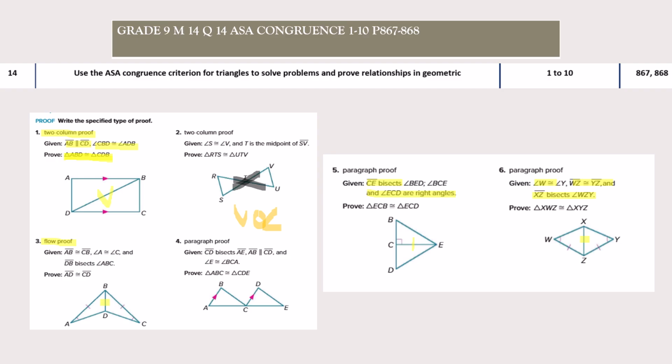Always look at what's given. This is a 90-degree angle here. So if the one side is 90 degrees, it means the other side will obviously have to be 90 degrees. Moving forward,